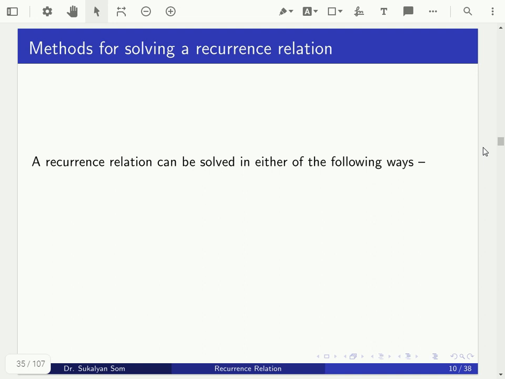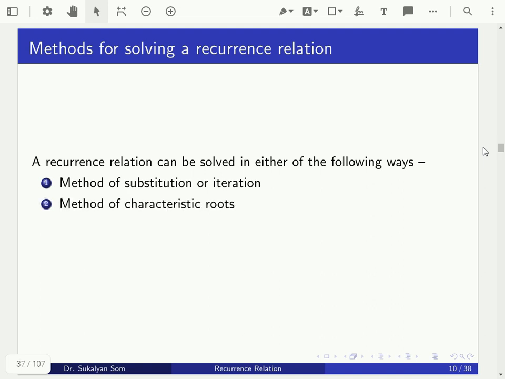A linear recurrence relation can be solved in three ways. The first one is the method of substitution or method of iteration. The second one is the method of characteristic roots, and the third one is the method of generating functions. In this lecture, we are going to discuss the method of substitution or method of iteration for solving a linear recurrence